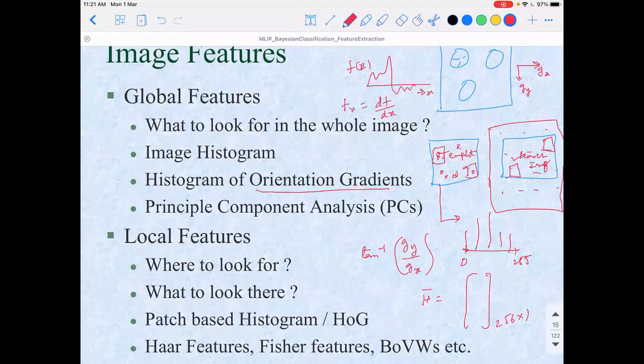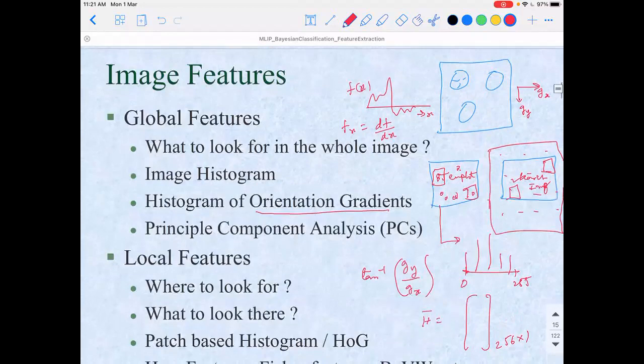Is this clear? So this gy by gx will further normalize the intensity variations. And if I have the gradient angle, what does it give me? Assume that I am trying to find the angle of gradient at a given location. What information do you think it gives me? Yeah, it gives the direction.